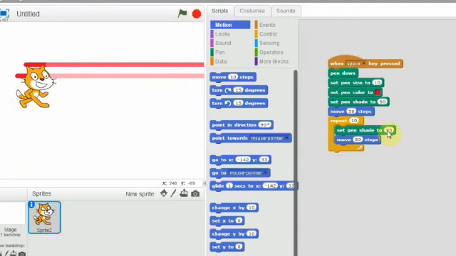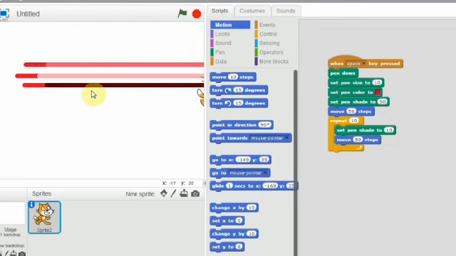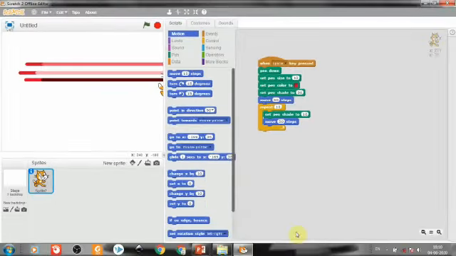Next, once again I am going to change the value here to 10. Once again I am going to press the space bar key: dark color. That is, 0 is close to black color. Here I used 10. Now can you understand? Shall I go to the next block? Yes.